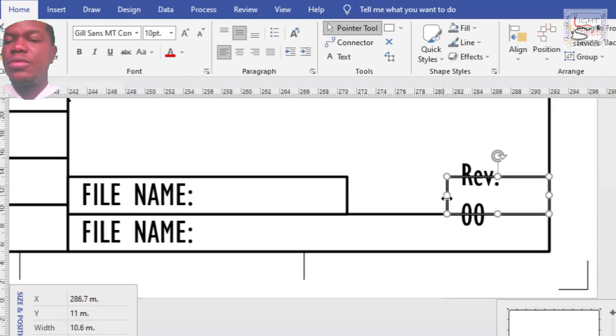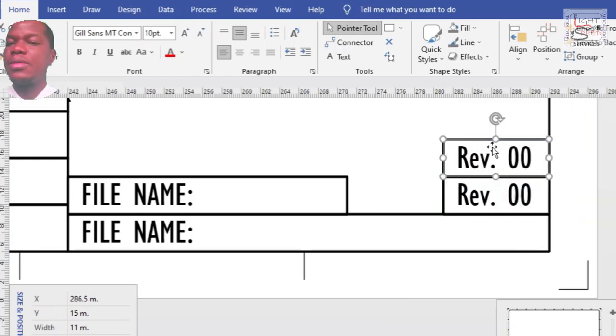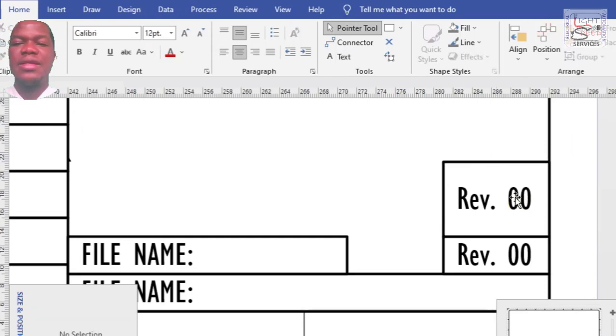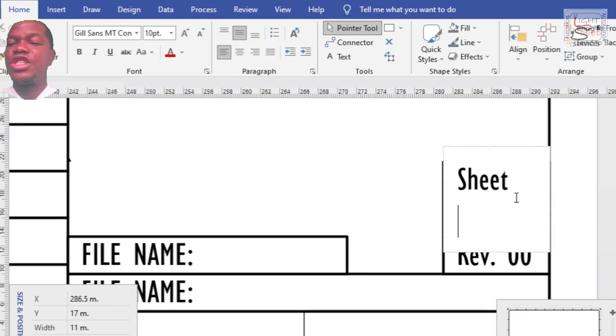Then I'm going to insert the one for scale. Scale usually occupies 2 levels, so I'll have to remove one. I use this to size it, then I'll delete one. So this will take scale. Sheet. I think I'll use this for sheet.